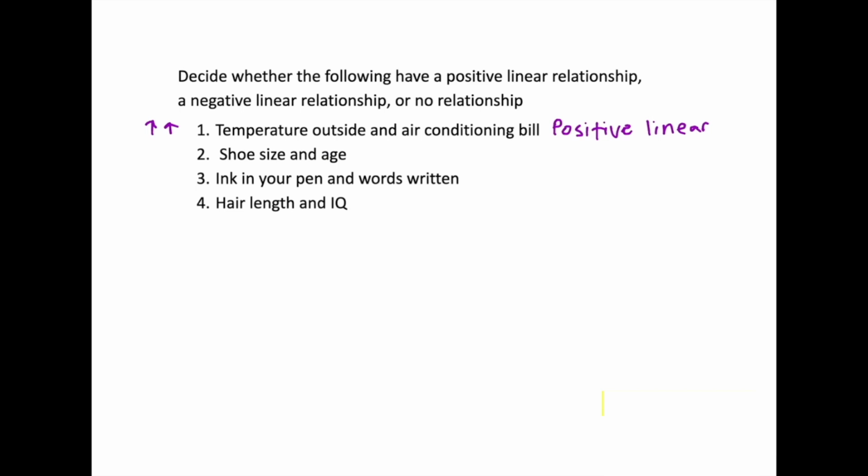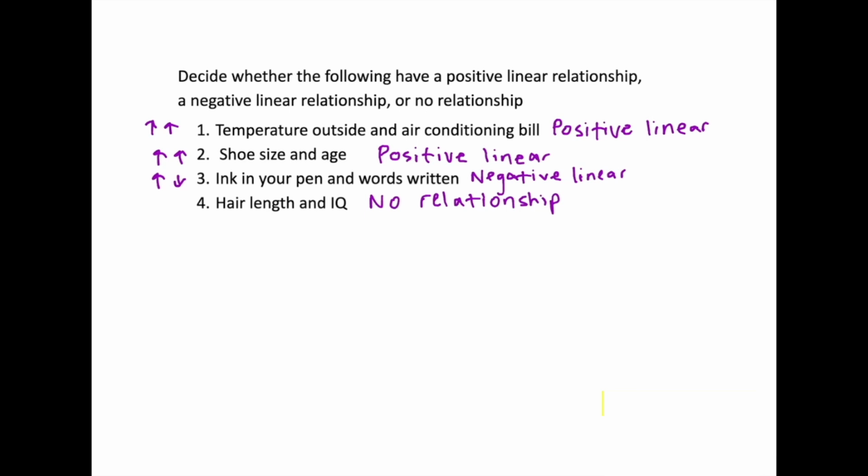The next one says shoe size and age. As your age increases, your shoe size is also probably going to increase. So this one is also positive linear. The third one says the ink in your pen and the words written. Well, the more you write, the less ink is going to be in your pen. So because these go in different directions, you're going to have a negative linear relationship. And the final one says your hair length and your IQ. This one is no relationship. You can have long hair and have a high IQ, or you can have short hair and have a high